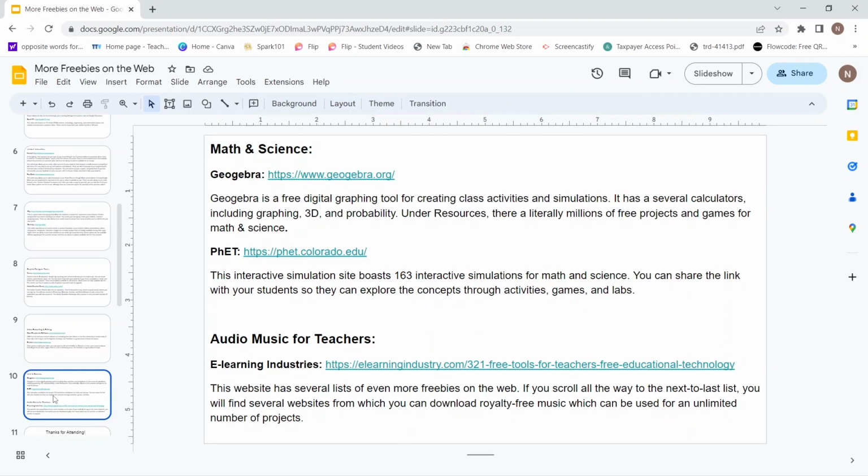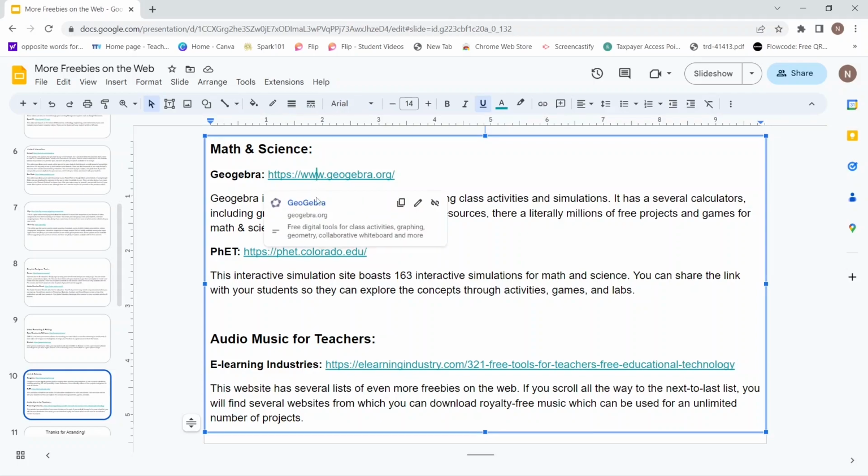Right. A couple of more specific ones for math and science. GeoGebra is a free digital graphing tool where you can create class activities and simulations. There's several different calculators, a graphing calculator, a 3D calculator, probability calculator, and there's all kinds of projects that other educators have posted that you can take and use as they are or edit them to make them your own. So if you go to GeoGebra,